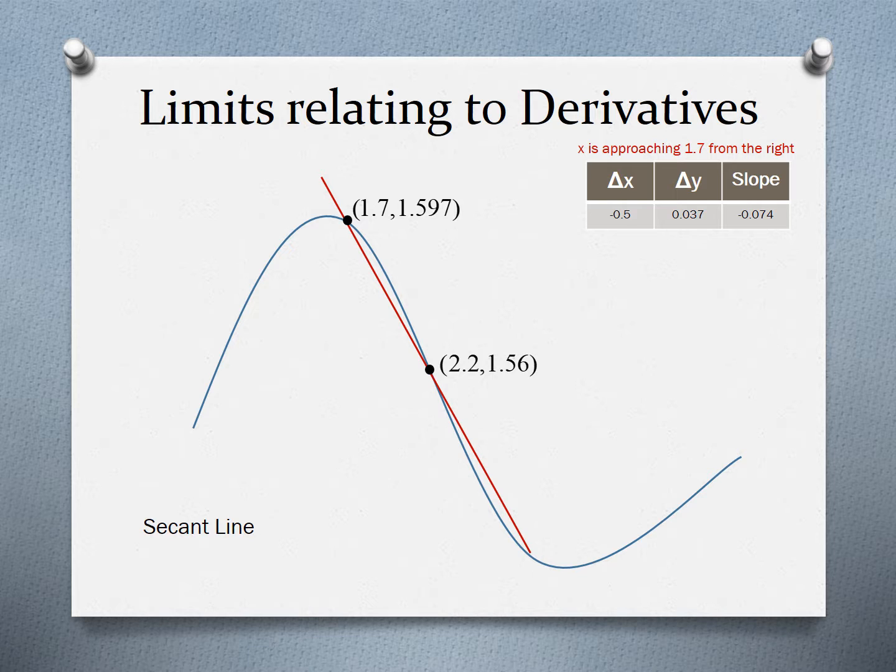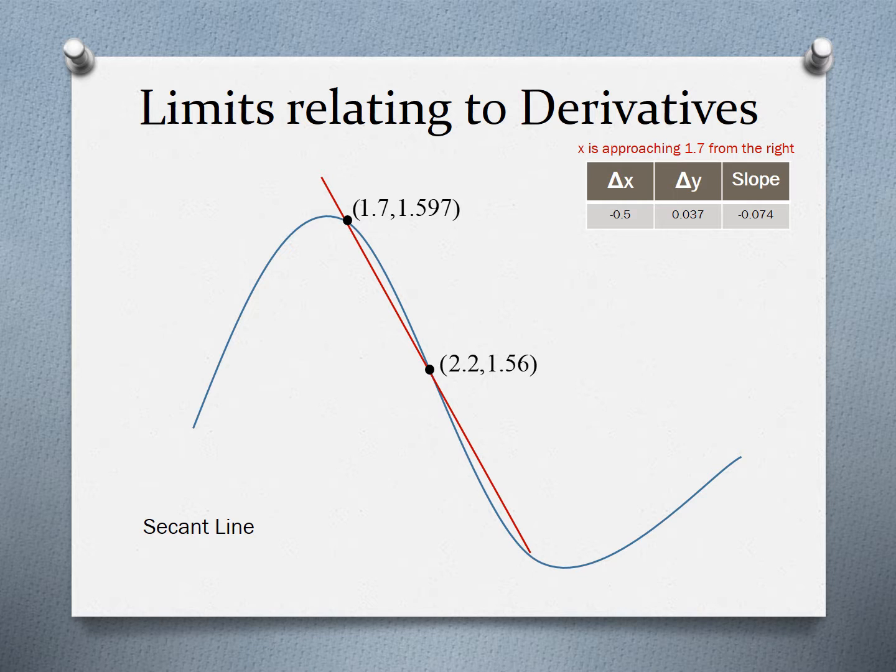1.7 on the x-axis, 1.597 on the y-axis. So what I'm going to do is pick just any arbitrary point. Notice how I'm just going to pick some other point. I'm out to 2.2 on the x-axis and 1.56 on the y-axis. Now I'm going to let that new point approach my old point. And notice how I'm describing this as x is approaching 1.7 from the right. I'm calling this from the right because that new point, 2.2, 1.56, is on the right-hand side of my